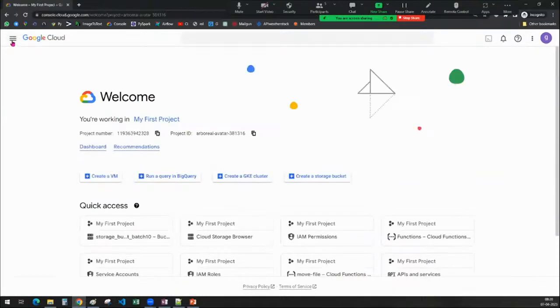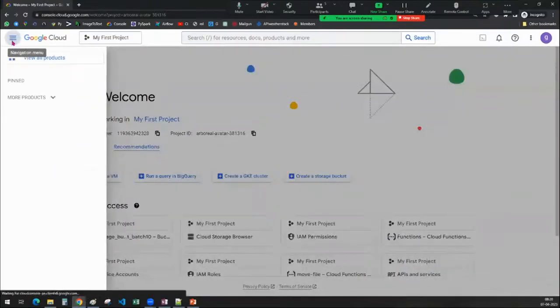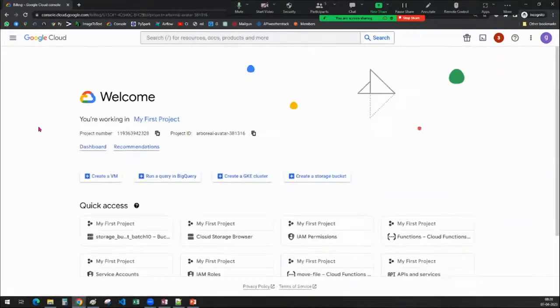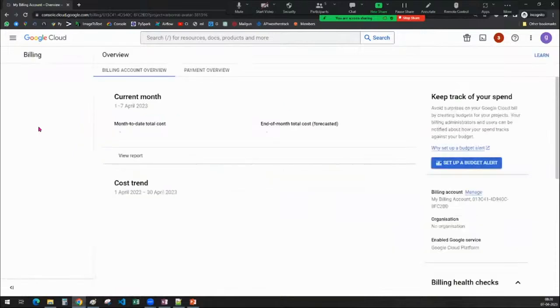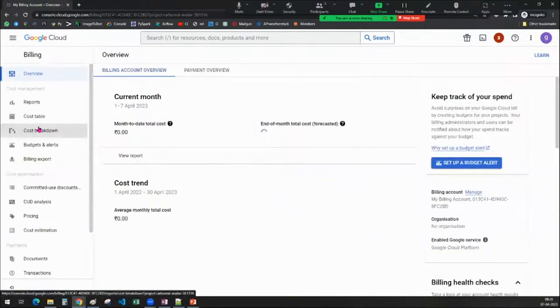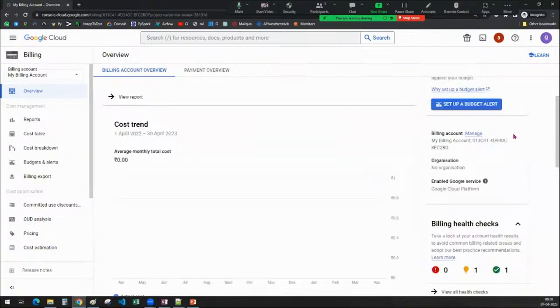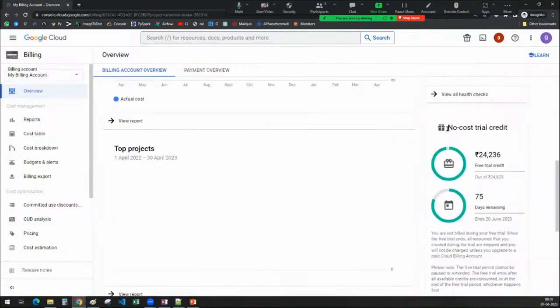So once your account is created, guys, what you can do is directly go to billing. Click on billing in the left navigation. You will be able to see, if you go down on the right side, the no cost trial credit.